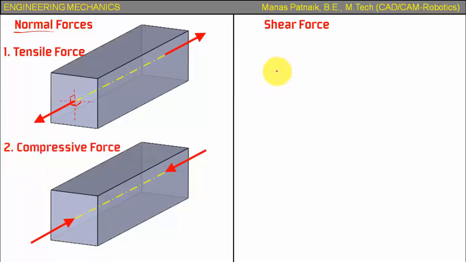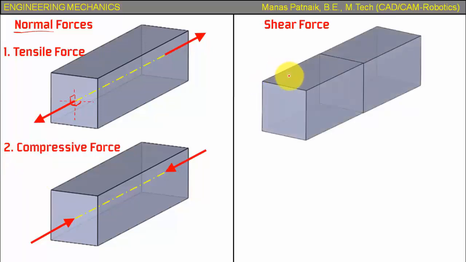Now let's take a look at what shear force means. Okay, here we go. If you watch carefully, this is the same object and the way in which we are going to be applying the force will be slightly different. Let me show you exactly what I'm trying to say. Now if you watch carefully guys, here the force was making a 90-degree angle with the cross section, but here this force is parallel to the cross section. That is one condition, parallel to cross section. And there the force applied was perpendicular to cross section. That's the first difference. What is the other difference?